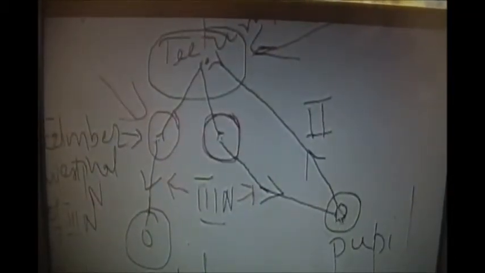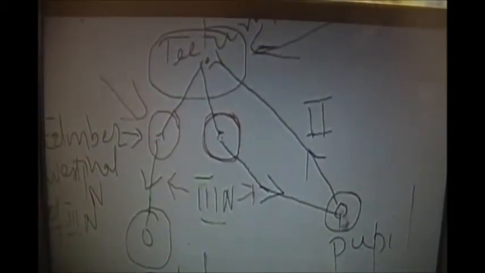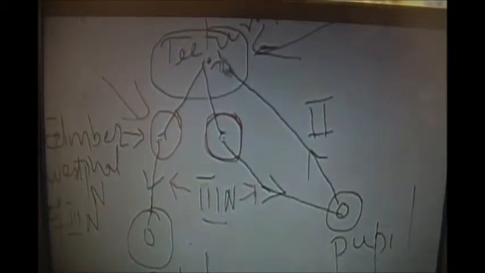What is consensual light reflex? Consensual light reflex is when light is thrown on one pupil, it constricts the other pupil. How does it happen? When the light is thrown on one pupil, the impulse is taken through the optic nerve, the second cranial nerve,